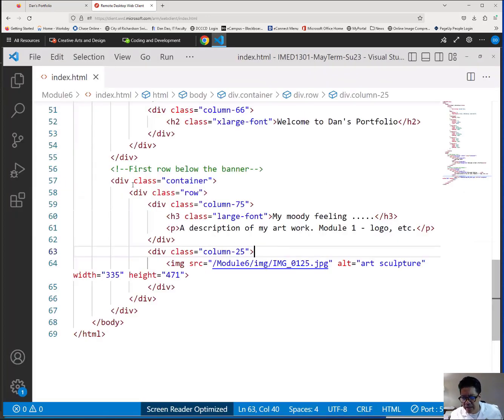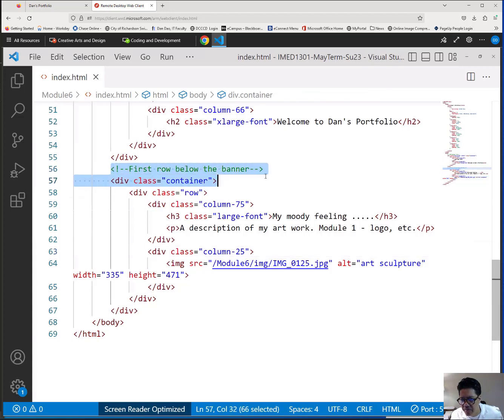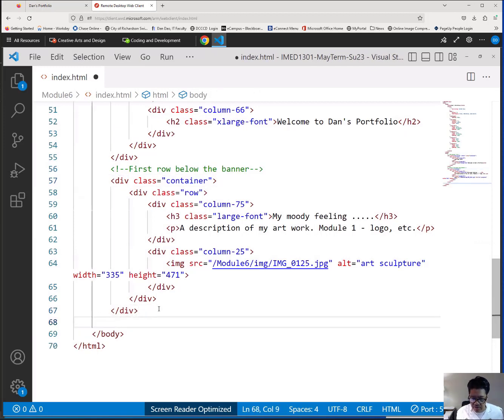So again, this is the first row, right? So let's copy that line right here. Copy that line right there. Since we have that copied, I'm going to place my cursor after the container. This is the container right here, for me line 67. Hit Enter, Command V. Change that to, instead of first, now we do second